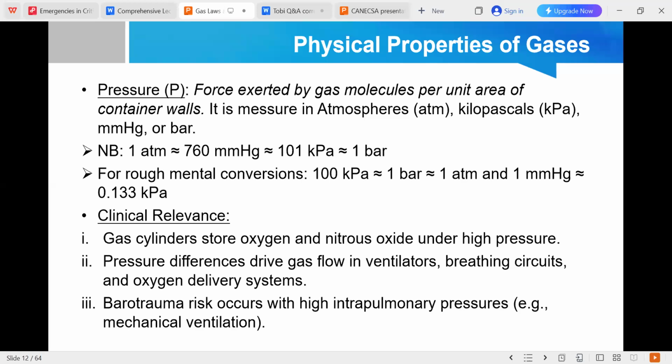So 1 atmosphere is equal to 760 millimeters of mercury, which is approximately 100 kilopascal, which is equal to 1 bar. Now, the pressure of gases is important because most gases are stored under high pressure in cylinders. Pressure differences also drive gas flow in our ventilators, breathing circuits, and different oxygen delivery systems. The pressure of gases is important to consider during risk of barotrauma, which can occur with